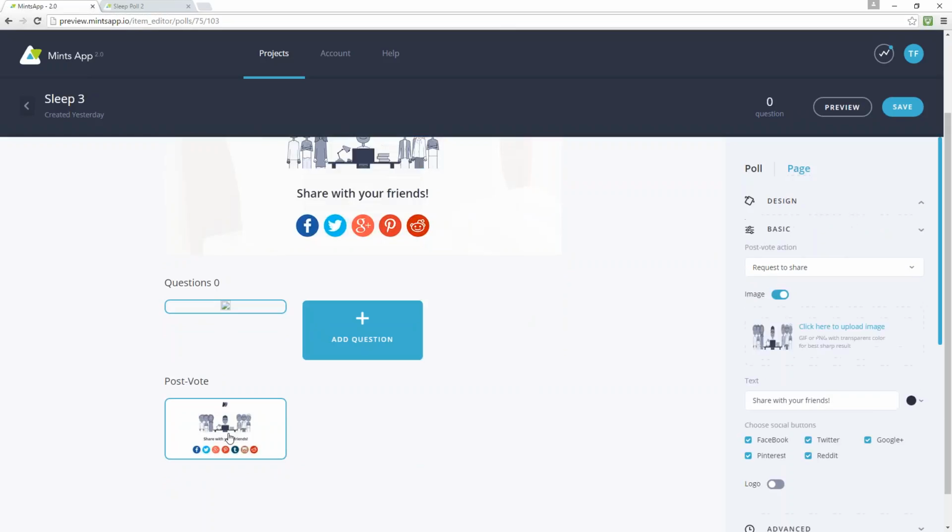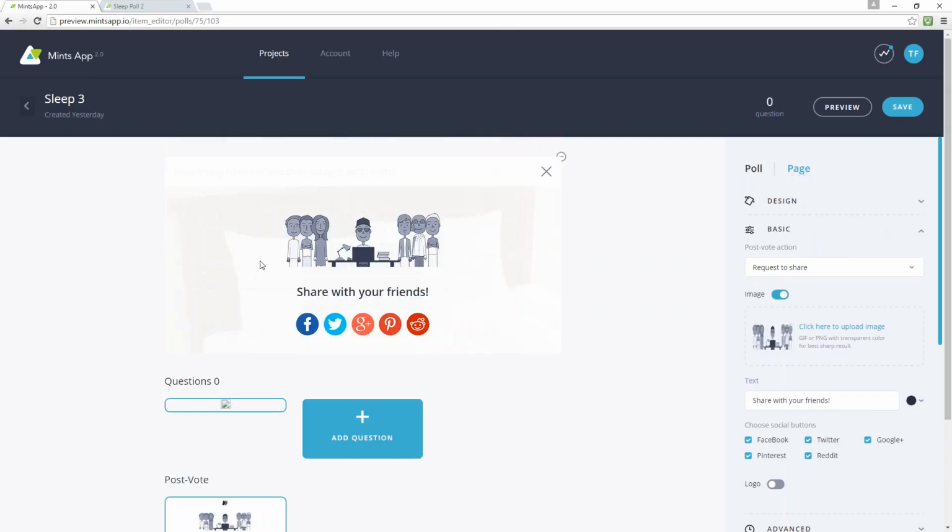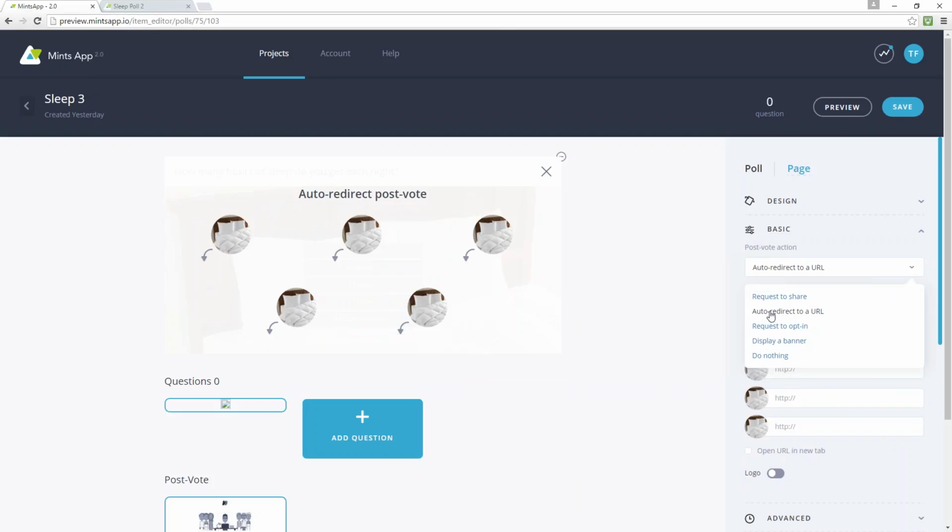Next up though, I have the post vote. This is going to be what happens after somebody places their vote. They're going to be shown this screen. And this is based on my post vote action under this basic tab. So I can request to share. That's what you see on the screen here. I can auto redirect to a URL. I can,